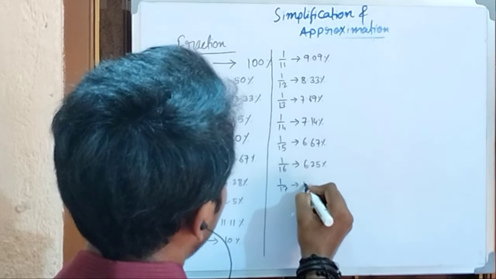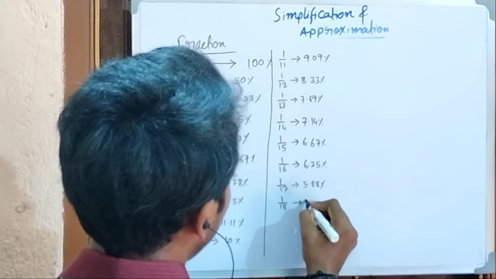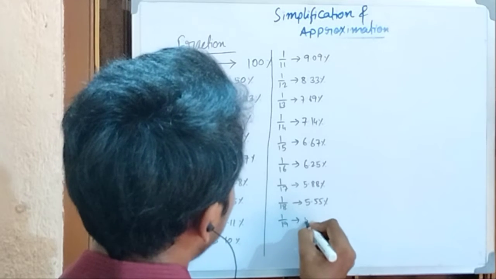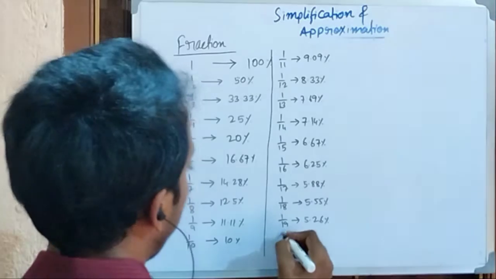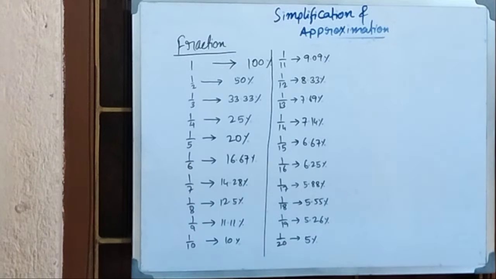1 by 17 comes up as 5.88%. 1 by 18 comes up as 5.55%. 1 by 19 comes up as 5.26%, and 1 by 20, just to complete the series here, 5%, right? So I think this is now visible to you, and you can understand that this much stuff is not that difficult once you can remember it all, right? So moving to some more values. Up to 30, it sounds very important.